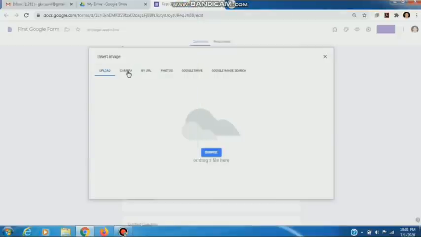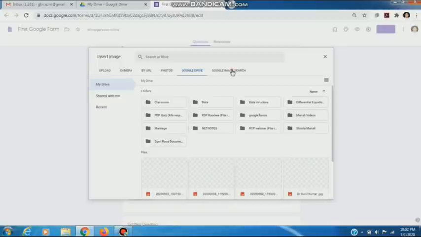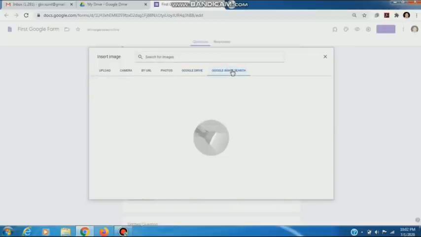I can take a picture from the camera. By URL, I can paste the image URL here. Photos, I can choose from my Gmail account photos. I can also choose photos from my Google Drive, or we can search the images from Google image search.